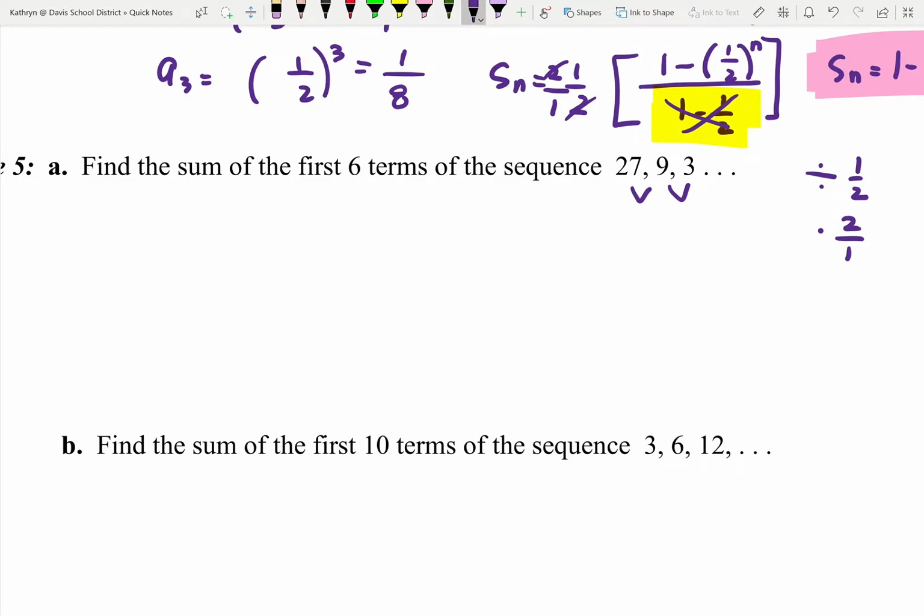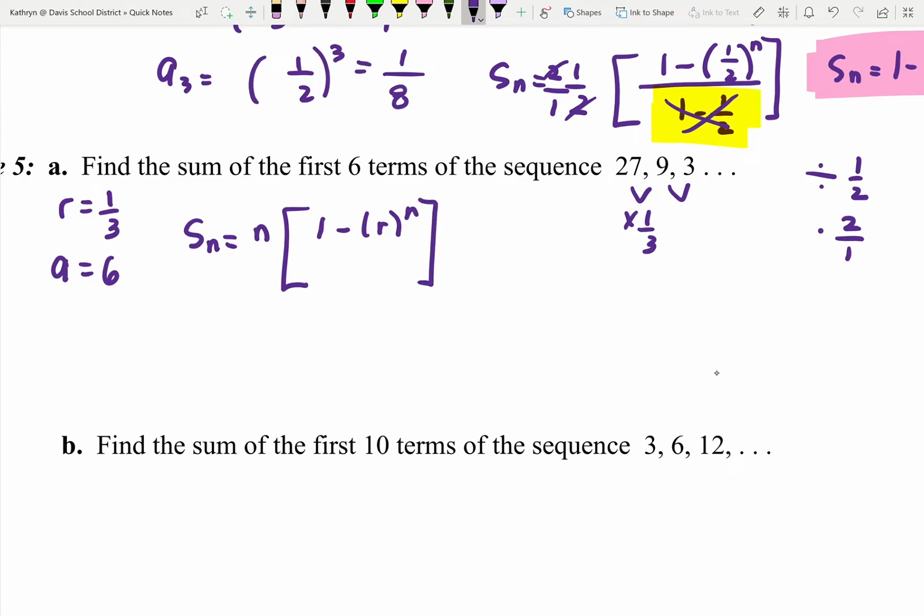Okay? The numbers are getting smaller. 27 divided by 3 is 9. 9 divided by 3 is 3. So dividing by 3 is the same thing as multiplying by a third. Okay? So I know that my ratio is a third, and I know my first term is a 6. And I'm trying to find the sum. So the formula is S sub n is a bracket 1 minus the ratio to the n power over 1 minus r. So the sum of the first 6 terms is 6